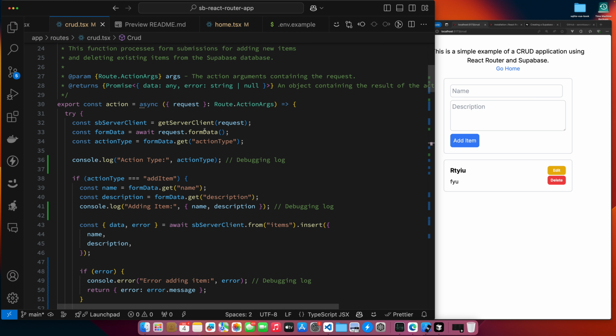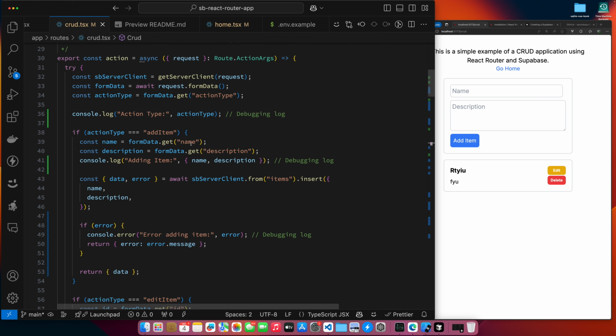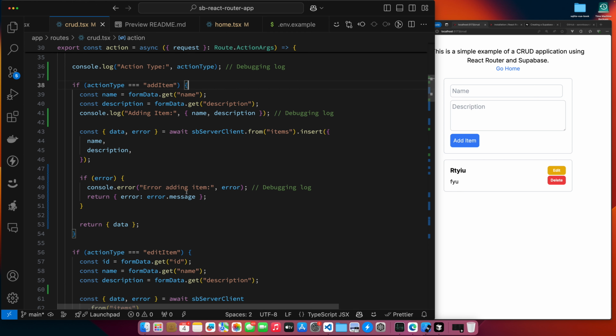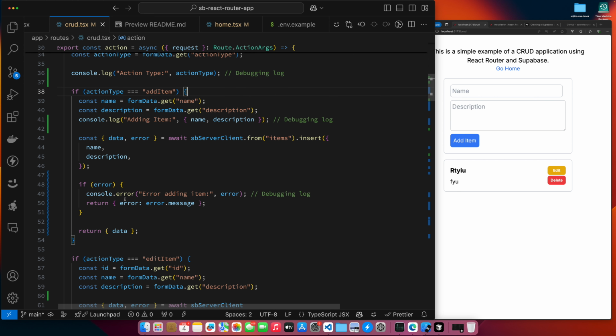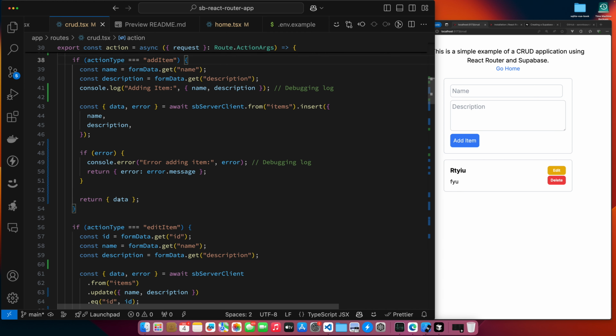Get a Supabase client, get my form data, determine what my action type is, and then we just basically have this if statement. Probably could be a switch, but an if. Let's just start with the add item. From my form data, get the name, get the description. This is just some console logging, and then just call my Supabase client to add the item. If I have an error, console log my error, send my error back as action data, and then it'll get rendered on the page. Otherwise, return the data that was just